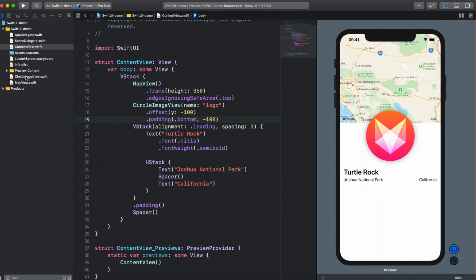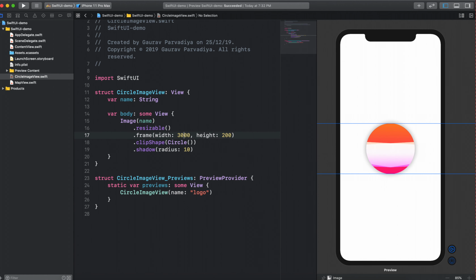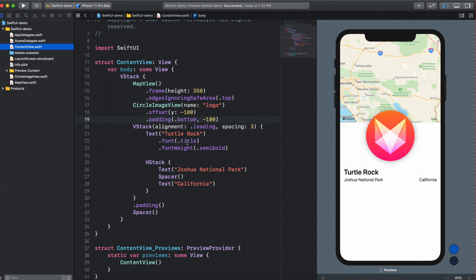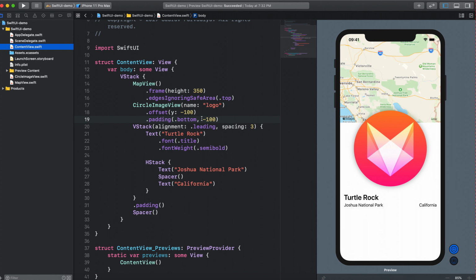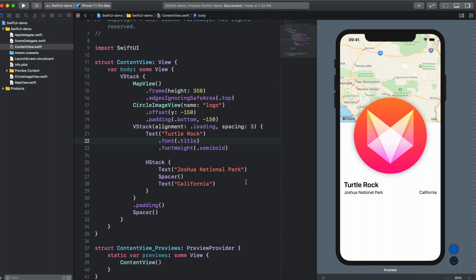If you just change your circle image view from 300 to 300 here, then it will just do the work for you directly here. You don't need to do anything. See, so instead of 100 and 100, we will use 150 here, and our work will be easier now. Let's stop it and play it again. Yeah,